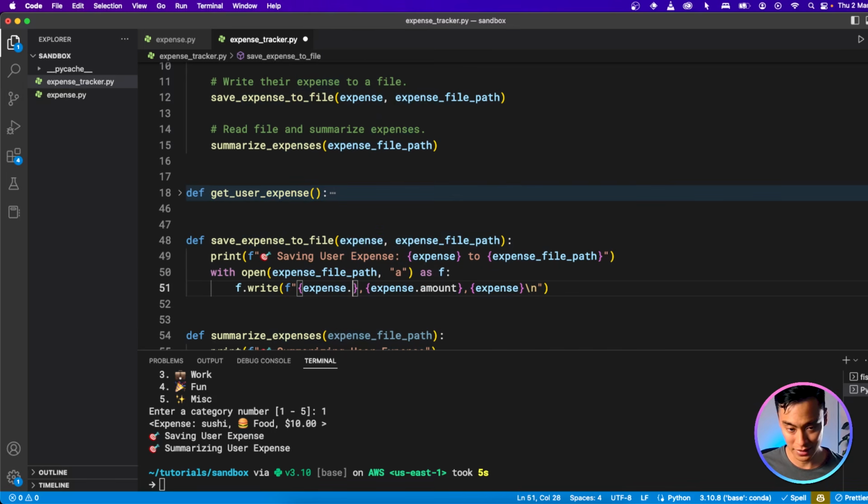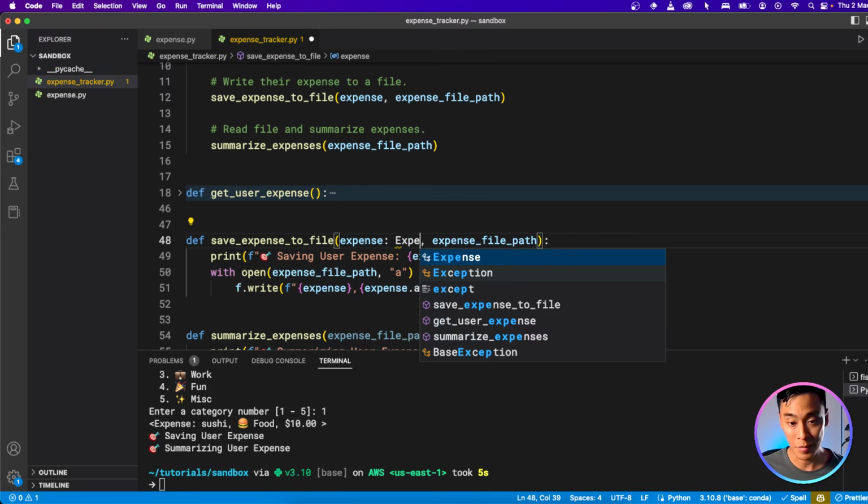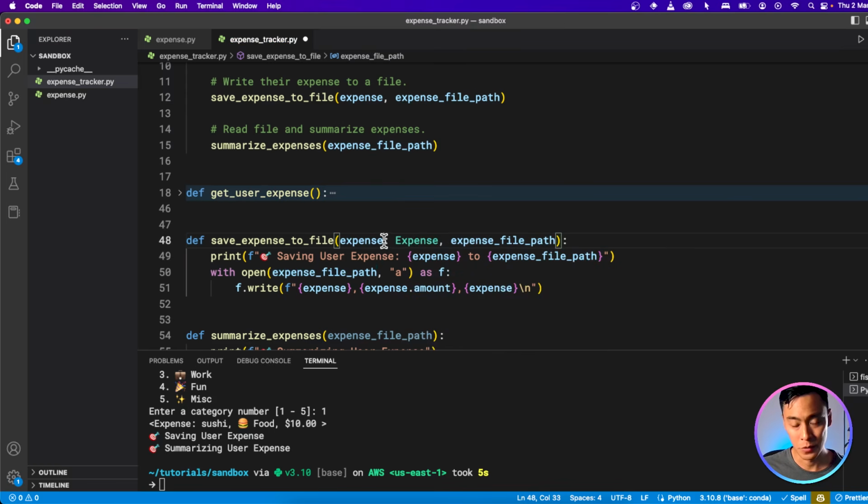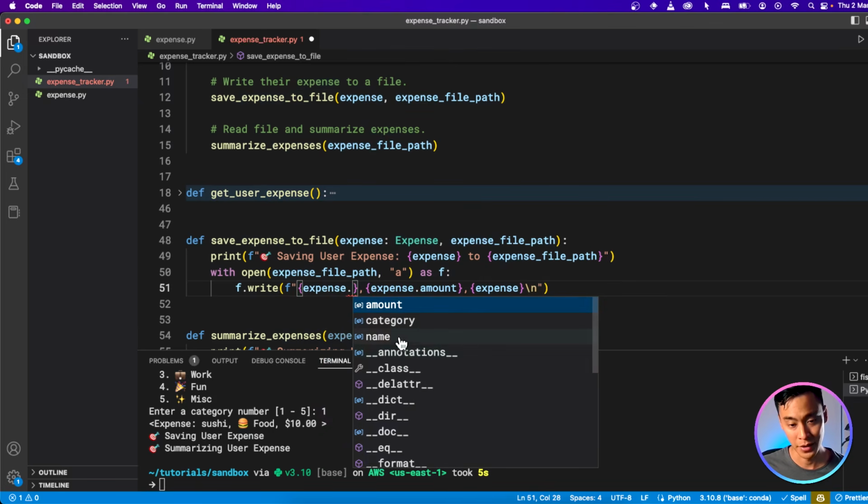So you saw me, I had to type in these things manually, and I could make a mistake. I could misspell it or do something and not realize that, and this would just crash. But instead, if we put a type hint, so I know this is an expense, and you just put the name of the class or the name of the type, you just do it with a colon. So this is a type hint. Now, when I use this object here, my editor is going to be smart enough to suggest me all the things I can do with it. Watch this. If I press the dot now, it actually shows up with each of the possible fields I could use.